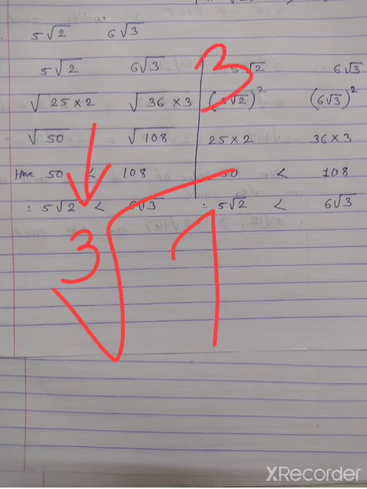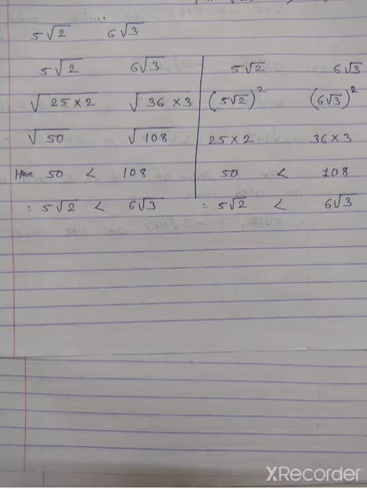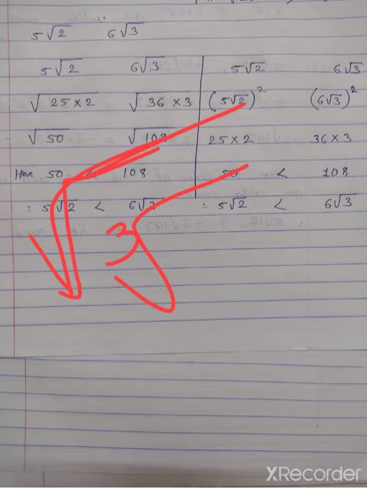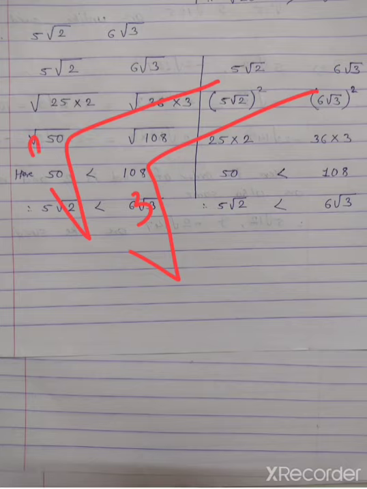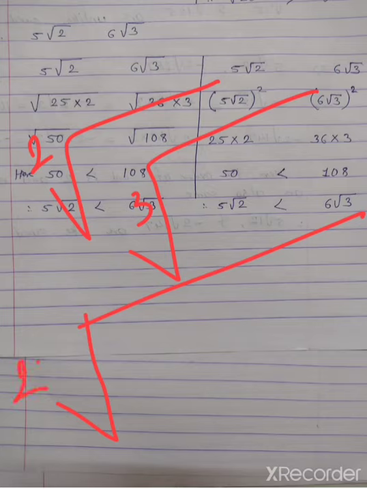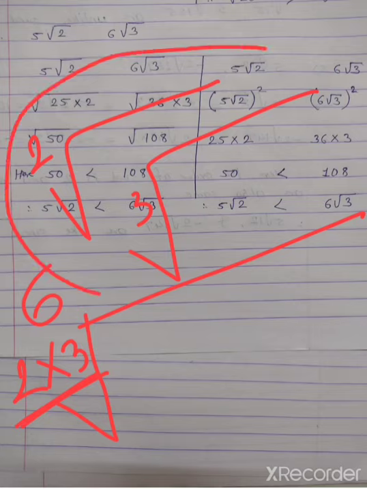Sometimes the question may be in this form also, where two radical signs are used. At that time we just multiply these orders. Here the order is 2, and inside the radical sign the order is 3. So we can write one radical sign as common and multiply the orders. You will get the value 6. So 6 is the order of this given surd.